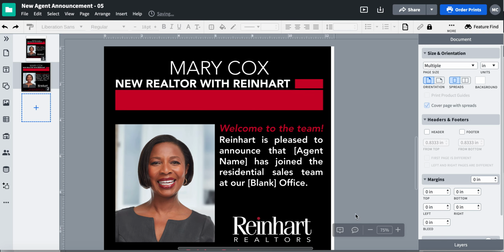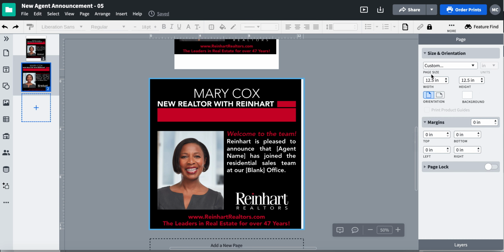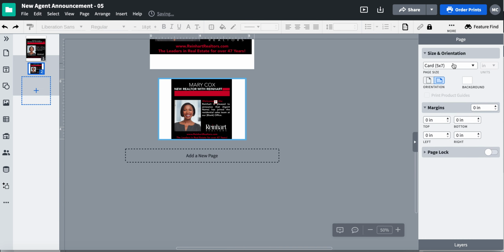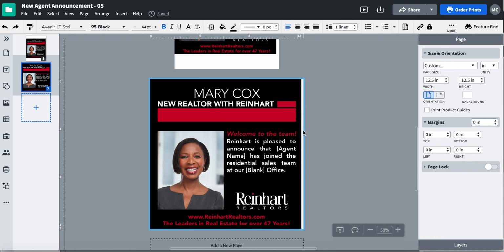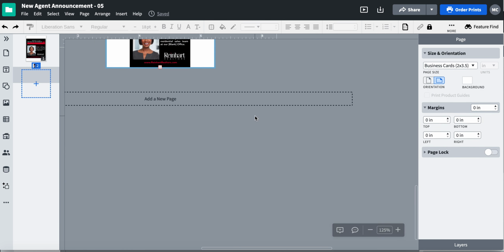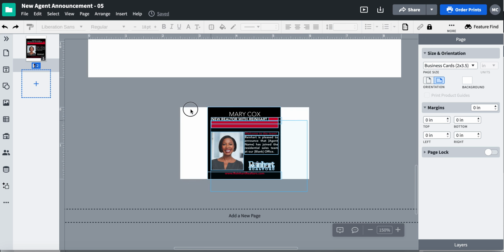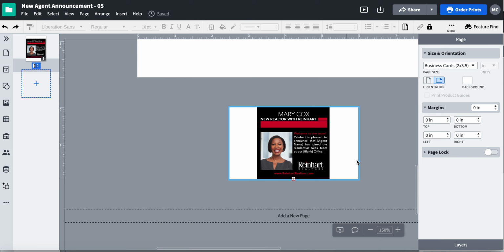I'm going to change this to a business card size. You can see that overall this changed the size of that entire document to fit this tiny business card size. Again, this is a rectangle and this is a square, so it's not going to be perfect. You do have to adjust a few things, but overall it works pretty well to change the size of your document,